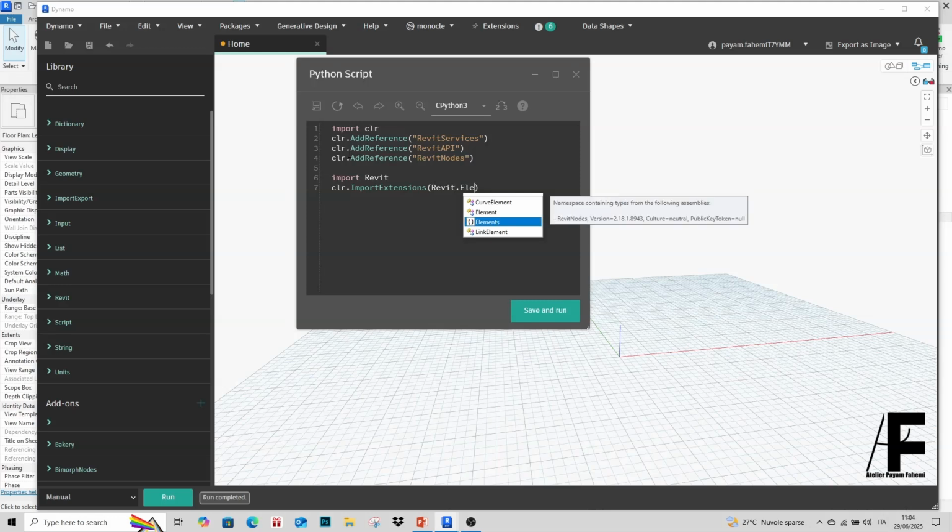Revit.elements. And as always, from Revit services dot persistence we import document manager,